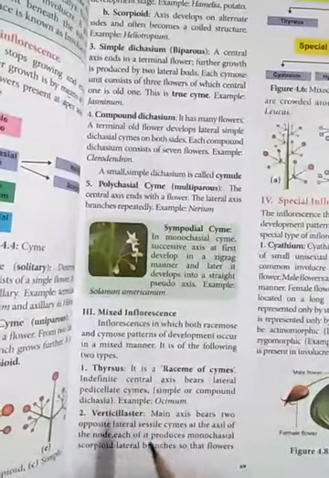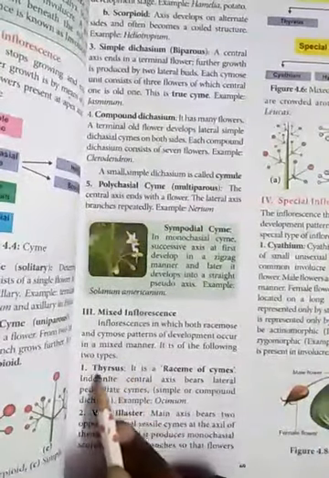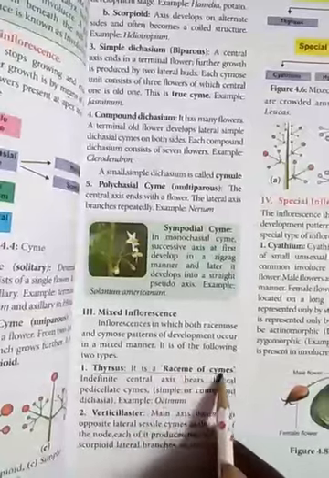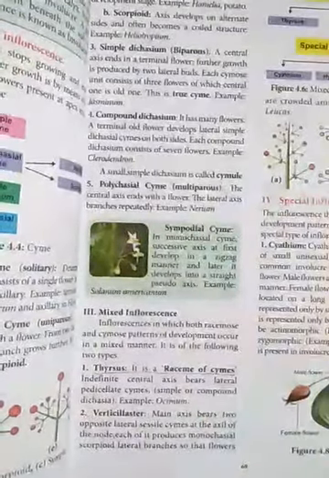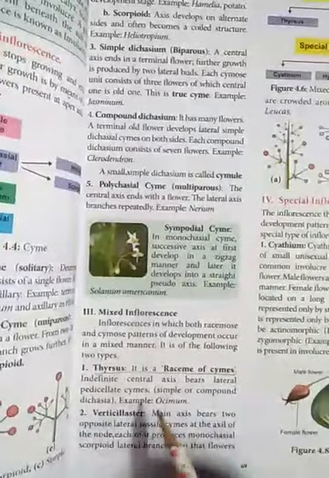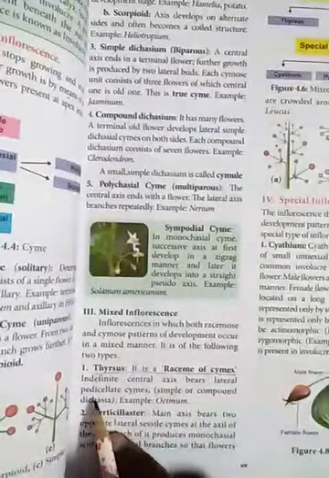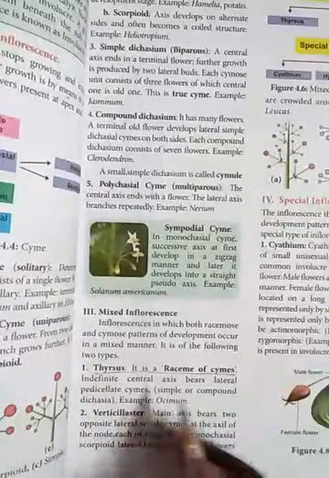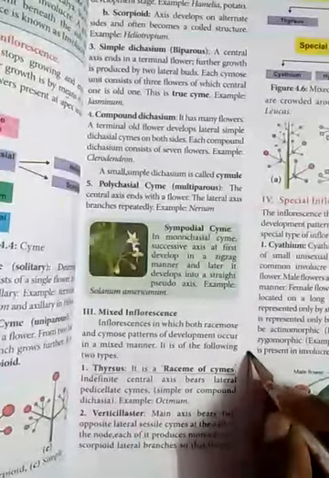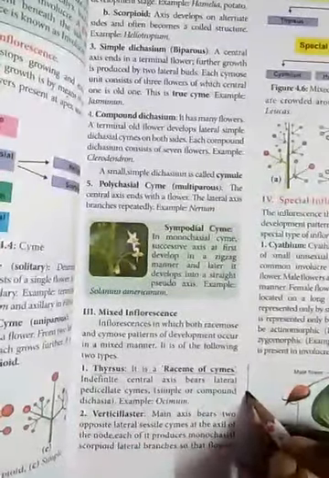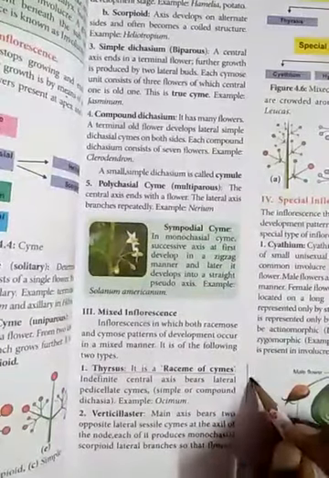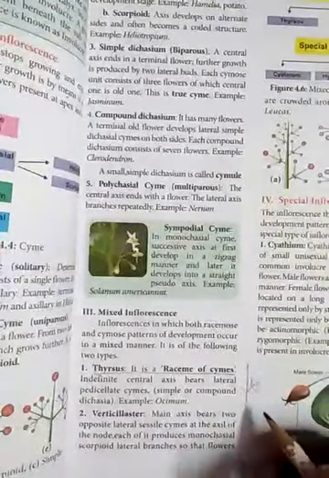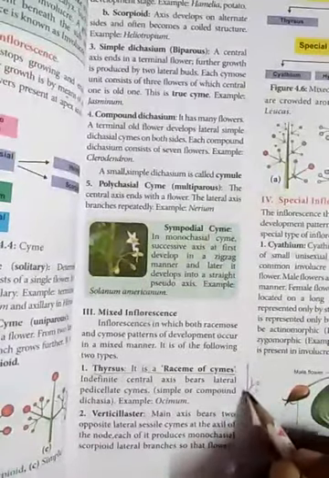Thyrsus is said to be a raceme of cymes. So this you have to remember, raceme of cymes is said to be thyrsus. So here the central axis will show unlimited growth. Then lateral pedicellate cymes are present there. So here, unlimited growth of the central axis, this axis will keep on elongating. Next, from this the lateral branches will arise, and these will show limited growth. Pedicellate flowers will be present there. So this cymose arrangement you can see.